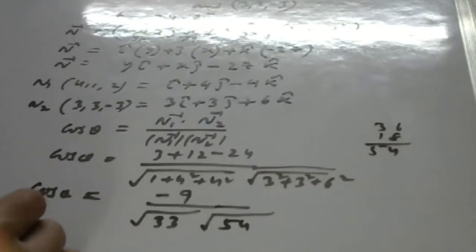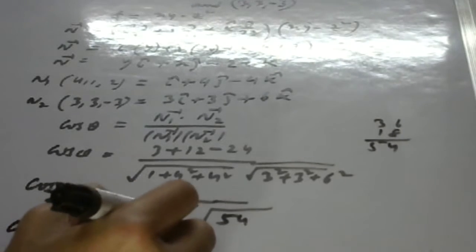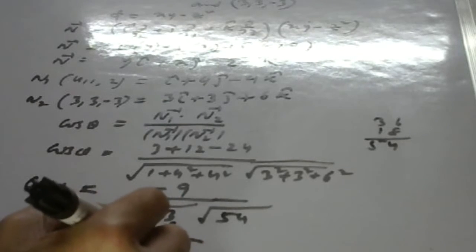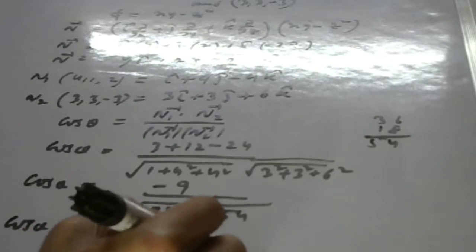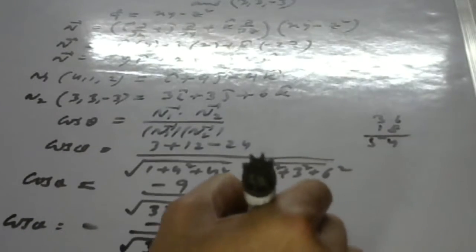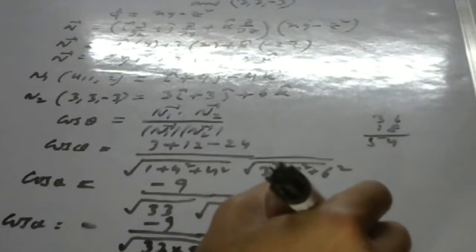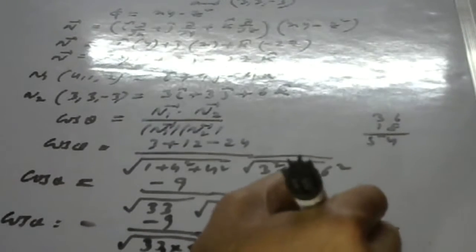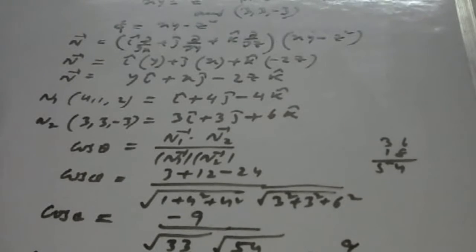We simplify it. Cos theta is equal to minus 9. We take a single root, 33 into 54, 9 into 6. Minus 9 divided by 3, and this is 3 under root of 22. 9 cancels out. So the value of cos theta we got here, we write cos theta equal to